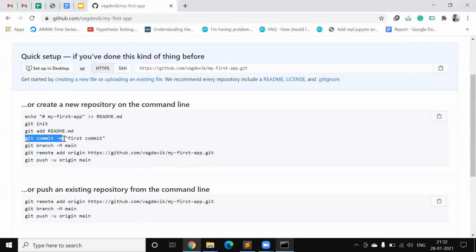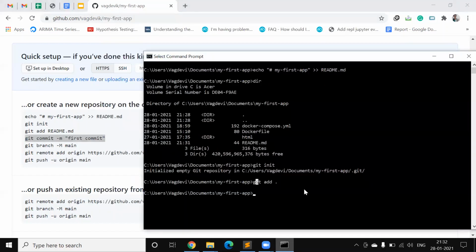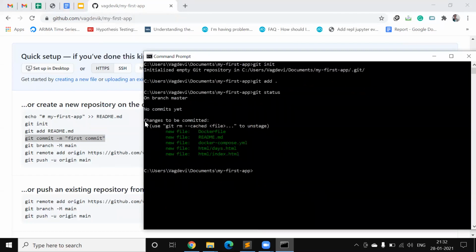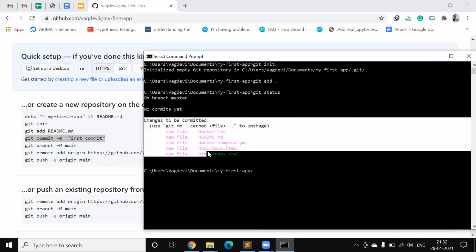Now git commit -m first commit. So we can also see what is the status of git tracking till now. Git status. So we can see changes to be committed, new file, Docker file, readme, Docker compose, and HTML folder files.